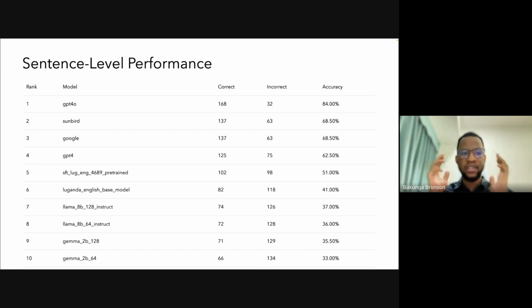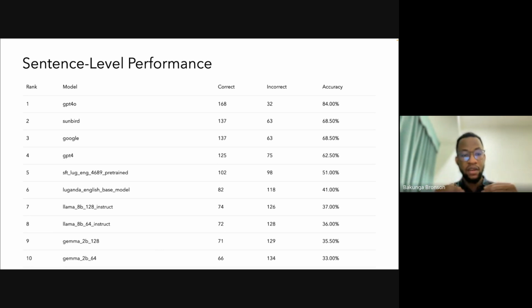And you can see that, of course, GPT-4o still comes out on top. Sunbird AI also comes in second place with 68% on that particular benchmark. Google Translate comes out with 68.5. GPT-4 comes with 62.5. And then I'm sort of alluding to the next part of the research where we had to do some investigations. But for now, I will just draw your attention to